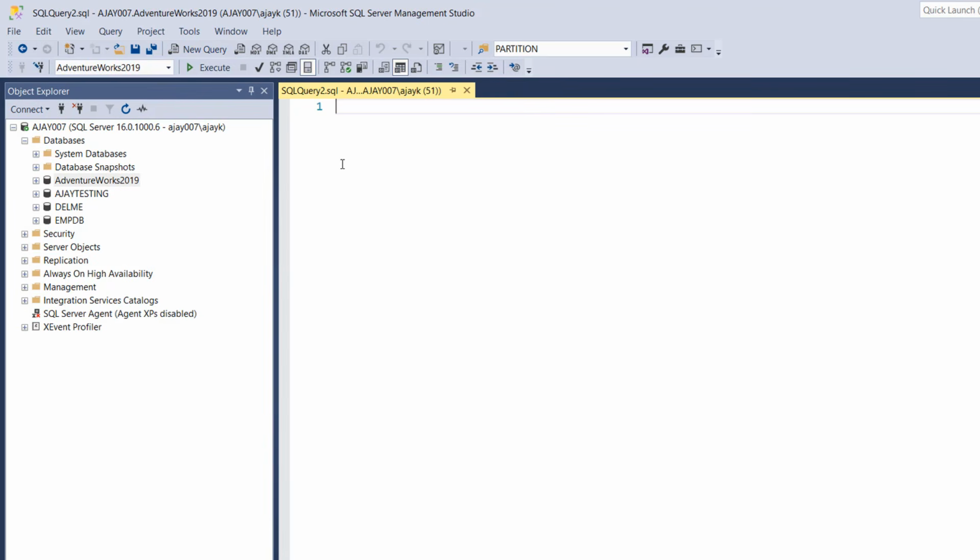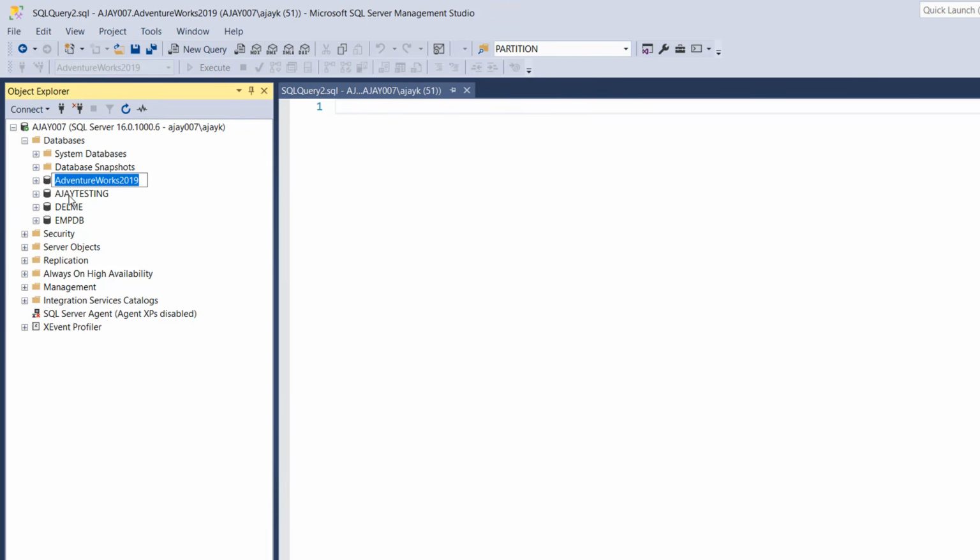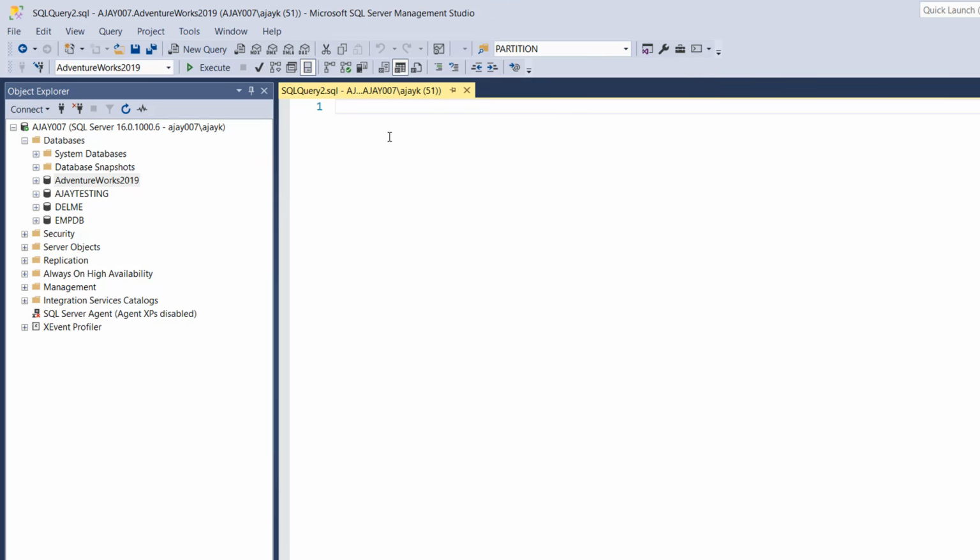Now, first of all, please understand that when I open my SQL Server, you find here AdventureWorks2019, Ajay Testing, and then Employee DB, all this stuff. Generally, when you install SQL Server, after you finish the coming lectures where I discuss how to install everything you need to start, you will have only one database here, which is AdventureWorks. So please ignore the rest. Don't compare your SQL Server with mine.